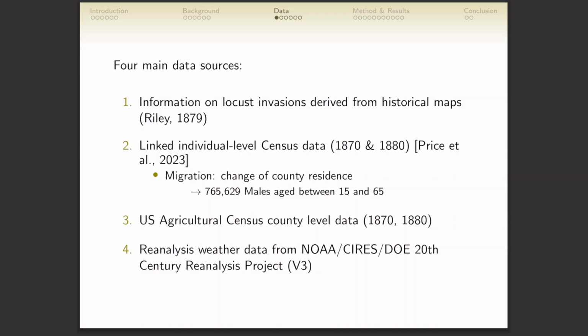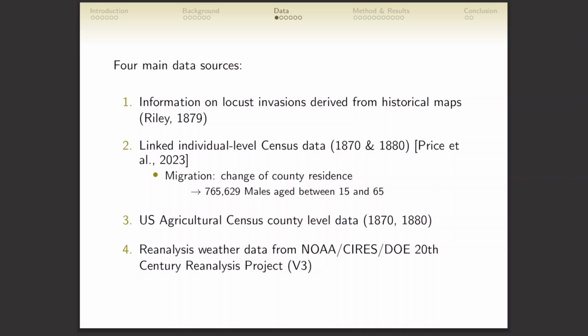The other thing we're using is the linked individual level census data between 1870 and 1880. So that's why I'm talking about medium term, well, maybe more short term, depending really on whether you're a growth economist or not. And here we want to look at migration, where we look at the change of county residents. And we look at males between 15 and 65, where we could match